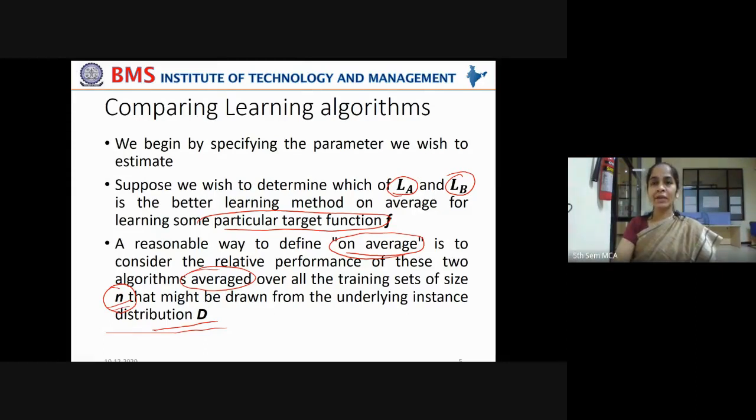In that case, when you are training the machine learning model, you pick the data points into the training set and into the test set randomly. You don't say that the first 80% should be in the training set and the last 20% should be in the test set. No, you are picking each of the training examples randomly so that they fall independently. We are picking them independently and randomly so that some random instances fall into the training set and some random instances fall into the test set.